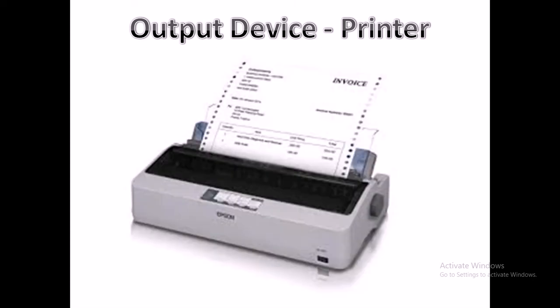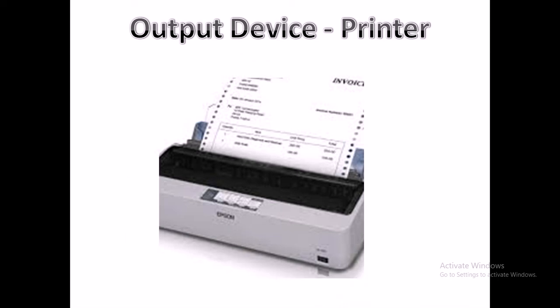So we can say that any information generated by the computer is displayed by the monitor. This information or output can be printed on the paper with the help of a printer that is also connected to the CPU box with a cable. If you go to any departmental store or any kind of offices, you can see these kinds of printers that can print the invoices or the bills.